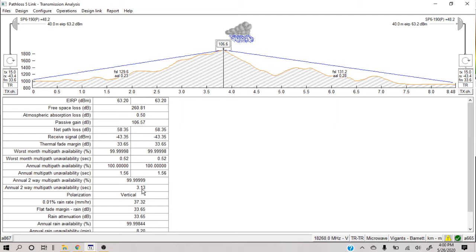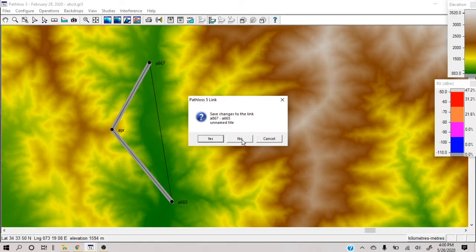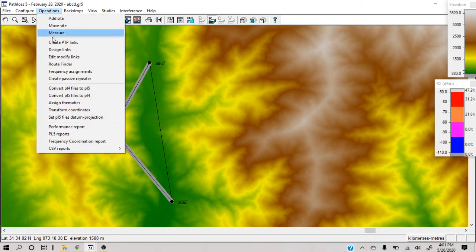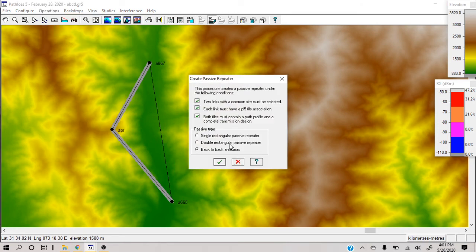So this was the first part. In this part we have added a passive reflector. I will not add it right now, because if I add it, it will be shown here, and then I will have to delete these links to go back to my back-to-back antenna profile. So I did not add it, but if you remember, with a 4 by 2 meter reflector we were having a gain of almost 106 dBs. So let's see what a back-to-back antenna can offer.